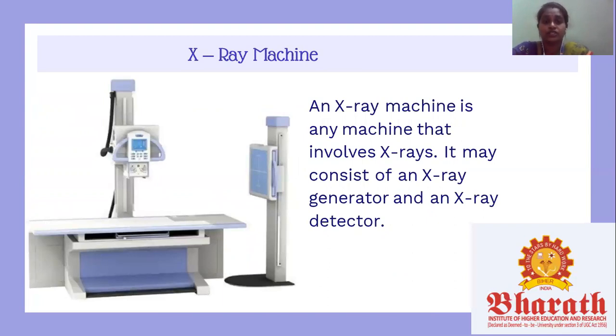For example, a structure such as bone contains calcium, which has a higher atomic number than most of the tissues. Because of this property, bones readily absorb the X-rays and thus produce high contrast on the X-ray detector. As a result, bony structures appear whiter than the other tissues against the black background of a radiograph. Conversely, X-rays travel more easily through less radiologically dense tissues such as fat and muscles, as well as through air-filled cavities such as lungs. So these structures are displayed in shades of gray on the radiograph.